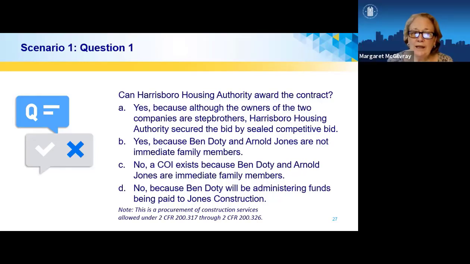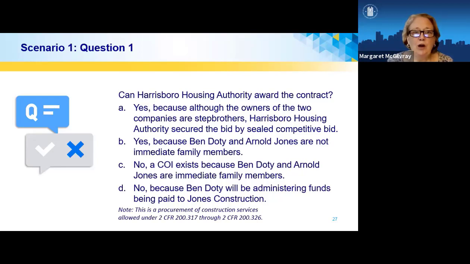For those of you who answered C, you are correct. You may not award this contract because a conflict of interest exists between Ben Dottie and Arnold Jones because they are stepbrothers. Now, those of you who answered D, it is correct that Ben Dottie will be overseeing the work of Arnold Jones, and therefore that would also stand as a reason why you can't award this contract. But we were looking for a recognition of that conflict of interest. All right, let's move on